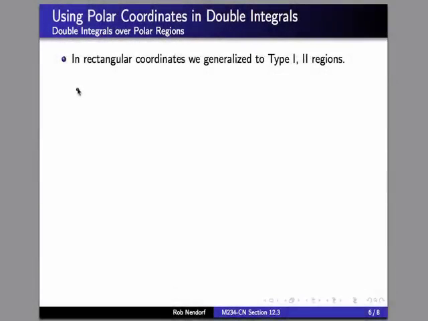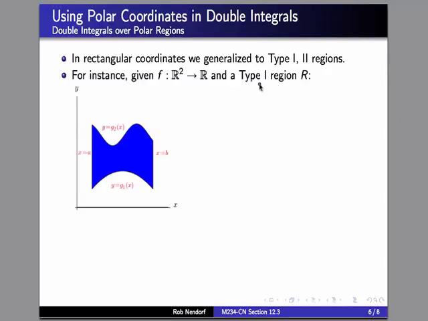We're going to continue our discussion of using polar coordinates to compute double integrals. Last time we saw how to integrate over polar rectangles, and we looked at a specific example of doing that. In rectangular coordinates, we generalize to type 1 and type 2 regions. For instance, if I was given a function f and a type 1 region R,